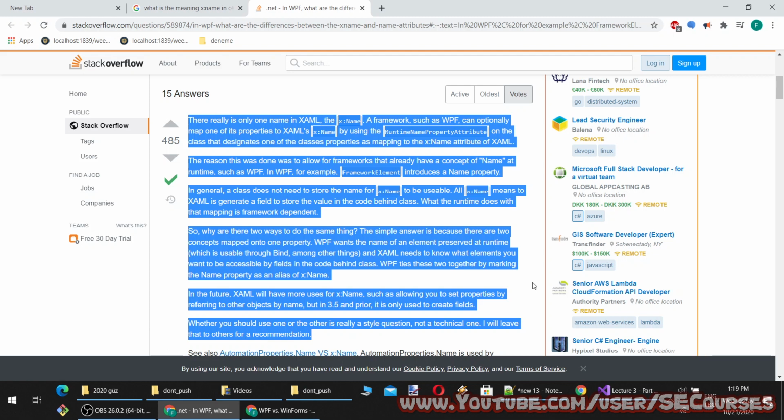So, why are there two ways to do the same thing? The simple answer is because there are two concepts mapped onto one property. WPF wants the name of an element preserved at runtime, which is usable through bind, among other things, and XAML needs to know what elements you want to be accessible by fields in the code behind class.